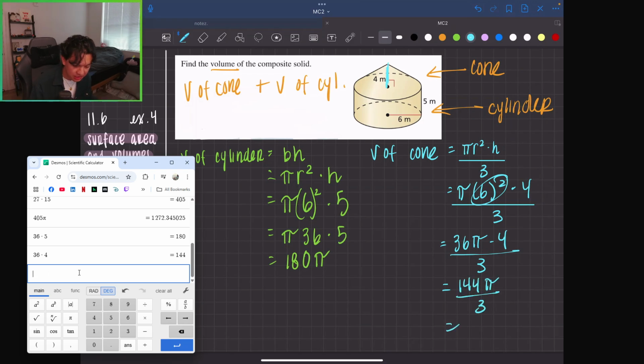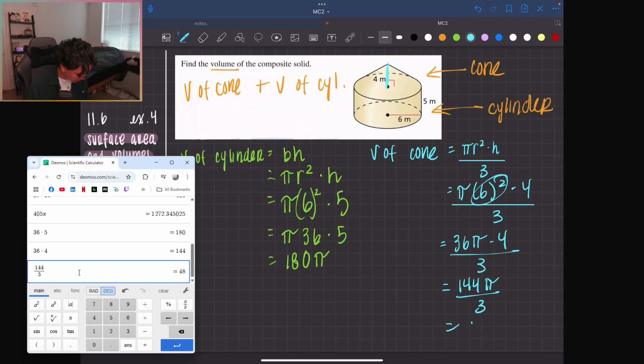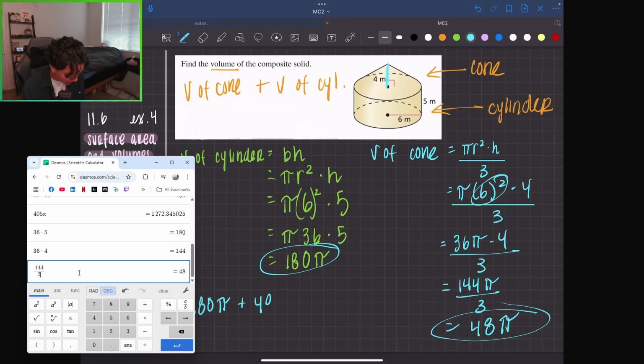Can we simplify that? Can 3 go into 144? Thank goodness. So now we have 48 pi. So take a look. We have our volume of the cylinder. We have our volume of the cone. What is 180 pi plus 48 pi going to be? That's going to be 180 plus 48 is